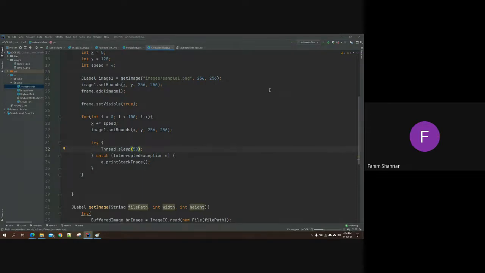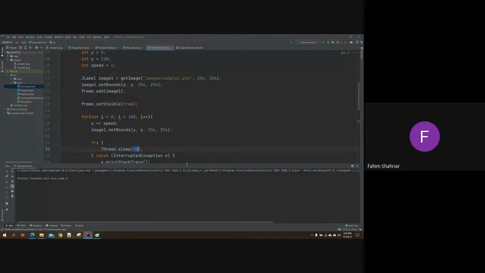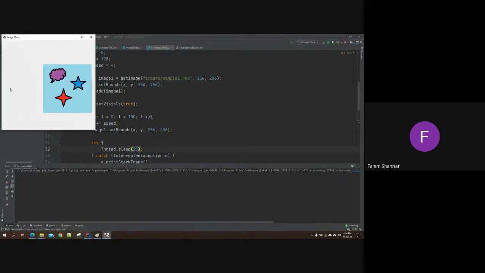Now if I run, you can see that the image is moving slowly to the right side. And if I change it to 20 or 25, the speed is a bit smoother. একটু স্মুথ মুভ করে, দেখো স্মুথ মুভ করতেছে।